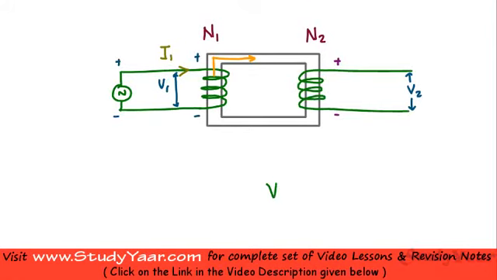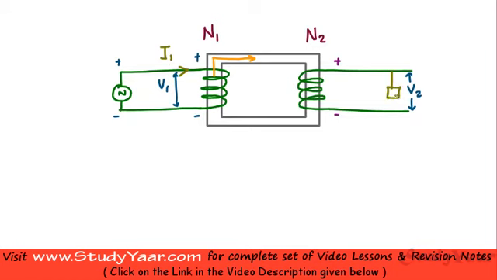So we have looked at the voltages in a transformer, right? We have analyzed V1 and V2. Now let's look at what's happening to my currents. Okay, we have a current I1 which is flowing into the primary, and if you're going to connect a load